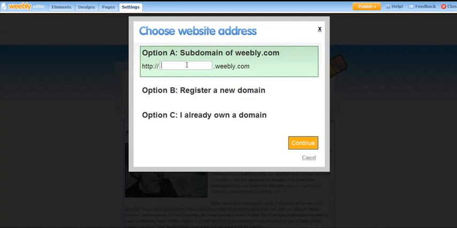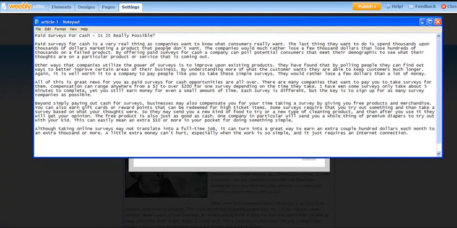Now what you want to do here is input the keyword that you are trying to target. So in my example, I'm targeting the keyword paid surveys for cash. Now if you were targeting how to make money online, let's say you're targeting Commission Blueprint, which is a product out there in ClickBank, and you want to put in there that your keyword is Commission Blueprint review, whatever you're trying to